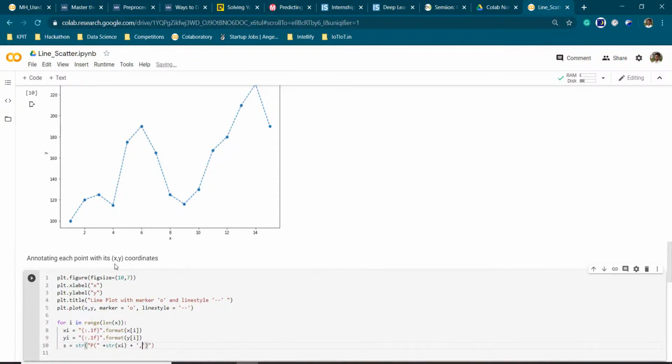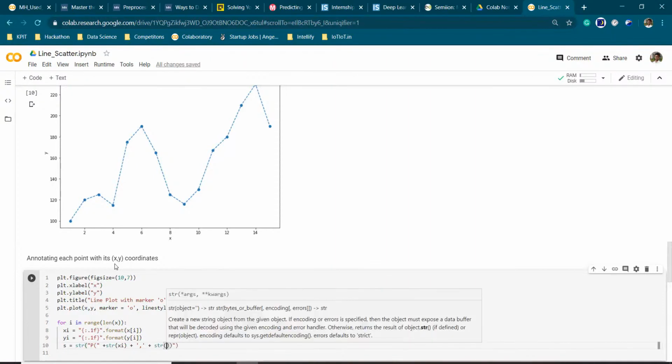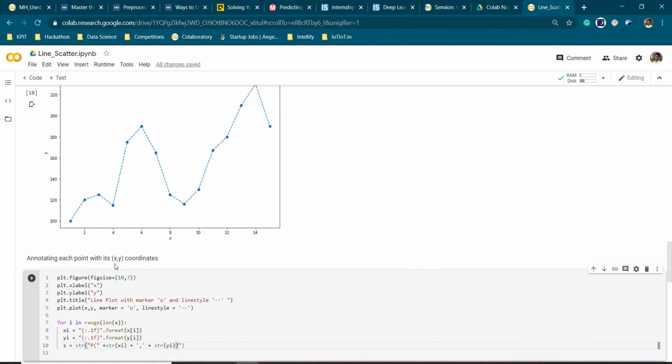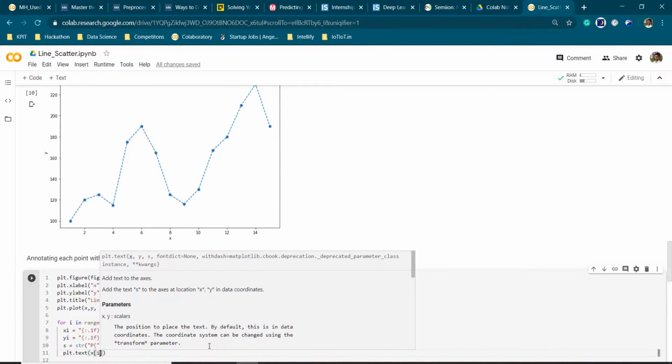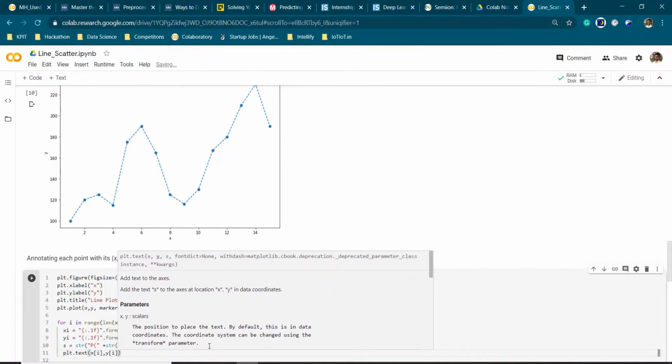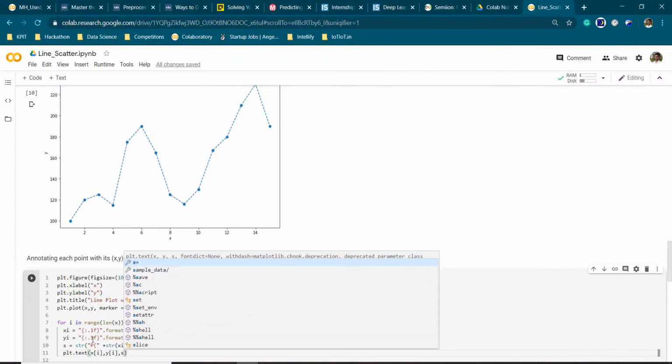Then we are going to have a comma plus str of yi, which is going to give the value of the y coordinates, plus now we are going to use plt.text method, and we are going to give the value of xi and comma yi, and we are going to fill the value with the string s.